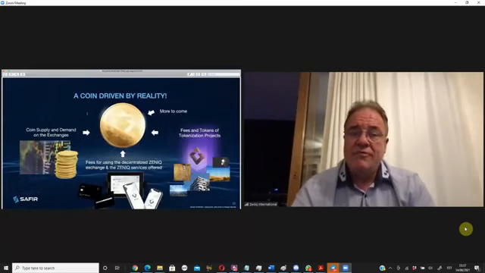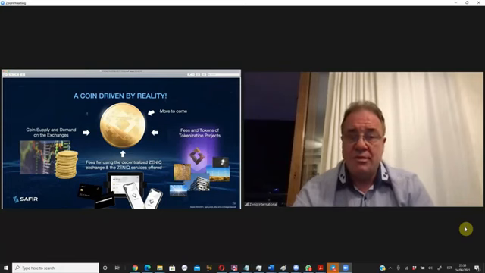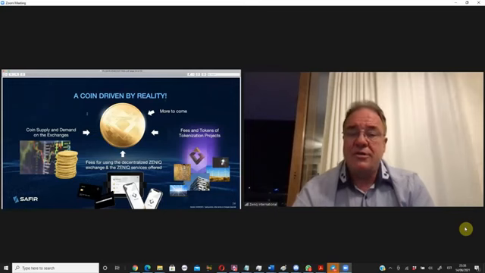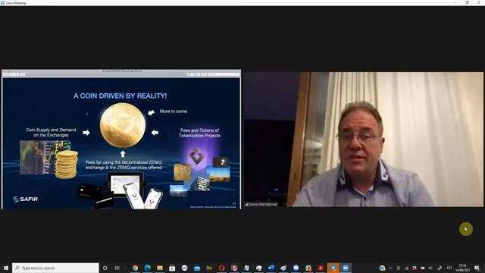So it's a coin driven by reality, not a vision. This coin is connected to real things, real companies, real banks, real people who have already put this together in the puzzle. So there is not one piece missing in the whole puzzle. And connected to the coin supply and demand on the exchange, connected to the fees generated through the exchange, connected to the minting power that we are holding every day, connected to the tokenization and the fees generated out of that, that also brings additional value to our tokens, and very much more to come that is connected to the whole concept.